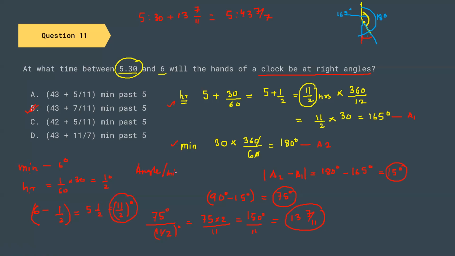per minute. So that gives us 11 by 2 degrees per minute, and you have to find the total angle yet to be inscribed. Let it be x. And you can just use the speed, distance, time formula. So you have to cover x distance with a speed of 11 by 2 degrees per minute. So this will give you the time in minutes that you require to inscribe that angle.